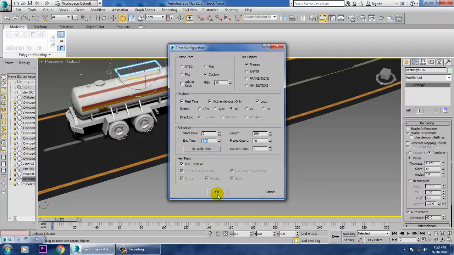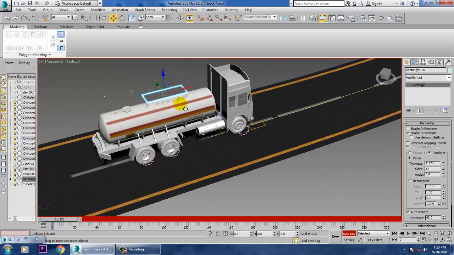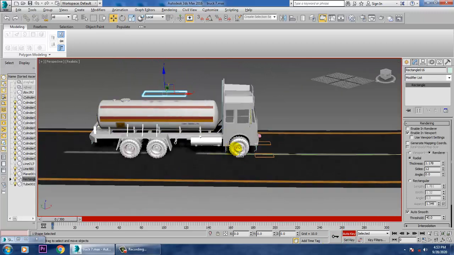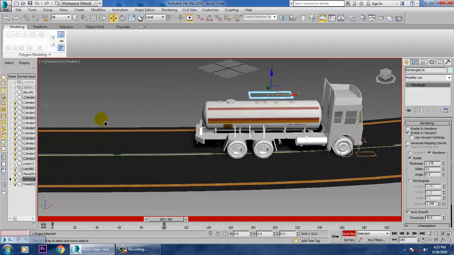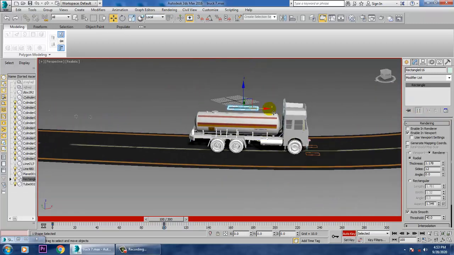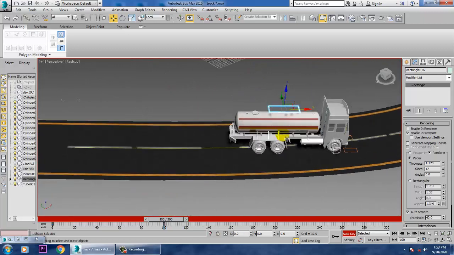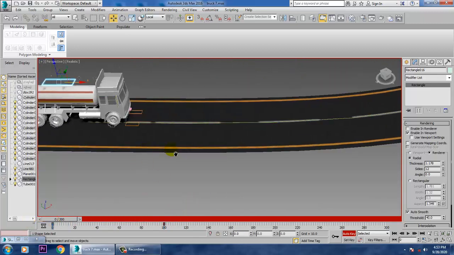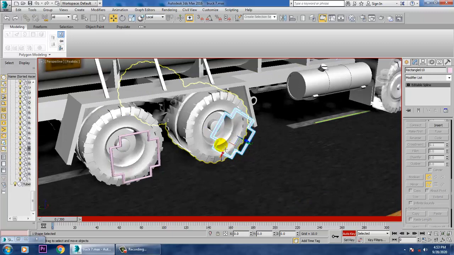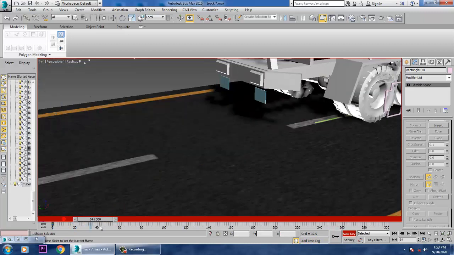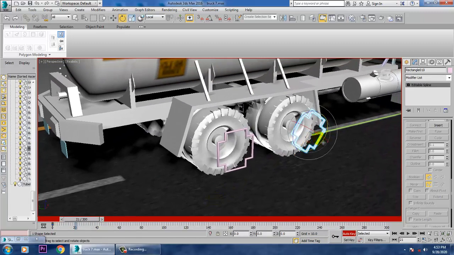Click OK and activate this auto key option over here. Set a key, save your file, and now if my truck is moving till 100 frames over here in this way, I'll go into its wheels over here. I can just key this. I'll go over here, I'll rotate this,